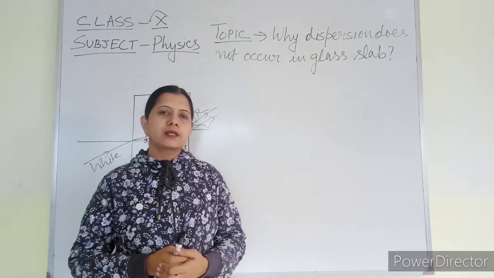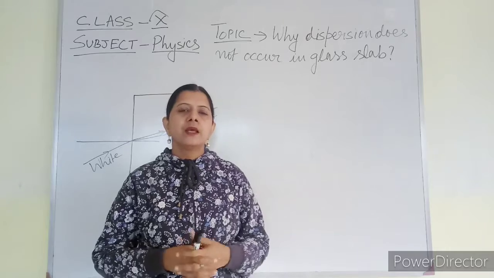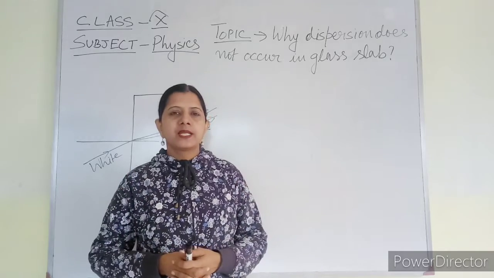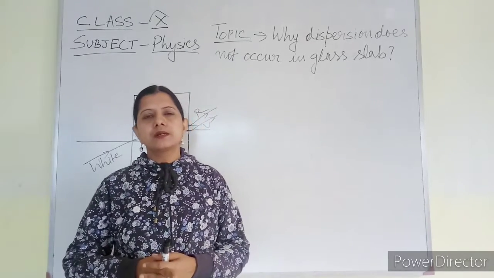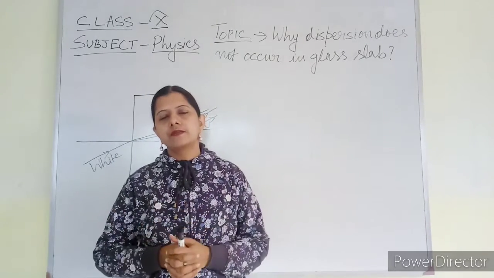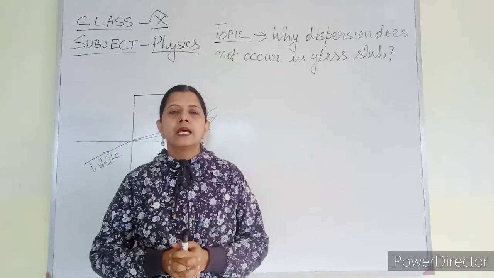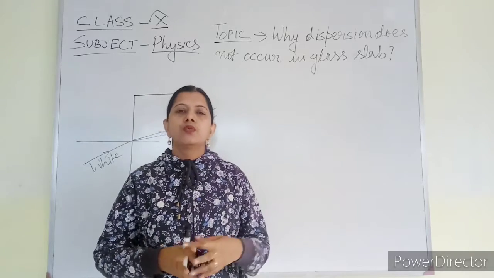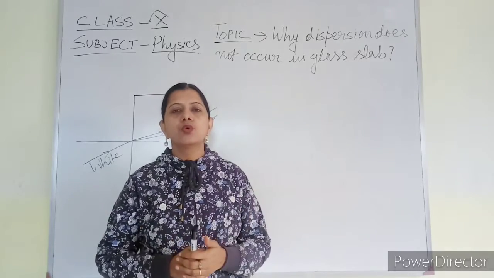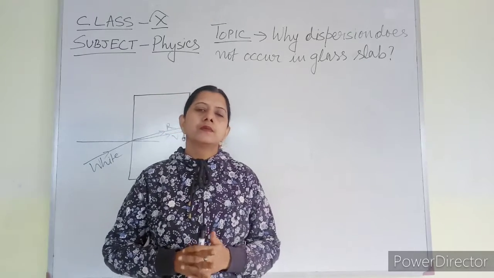In case of prism, actually the peculiar shape of prism makes the light deviate in a more proper way. That means after entering inside the prism, bending will occur. White light is composed of 7 colors. The 7 colors have different wavelength. Red light has maximum wavelength, it bends least, and violet color bends maximum. When it emerges out, the bending occurs in the same way. That means violet bends more and red bends less. So a wide band of color is visible in case of prism.